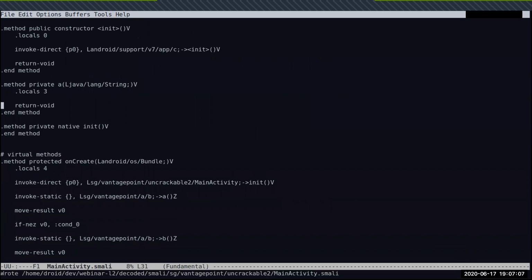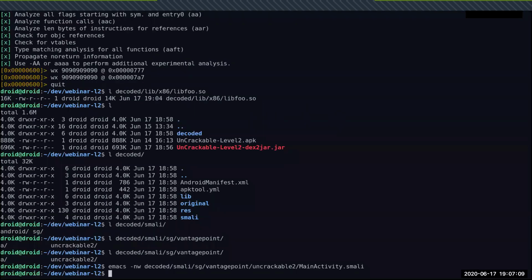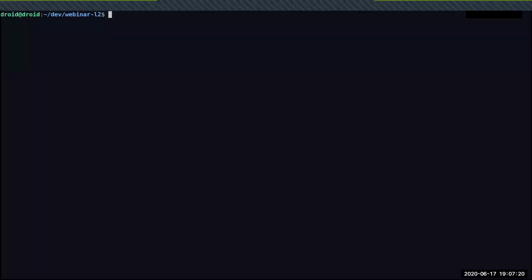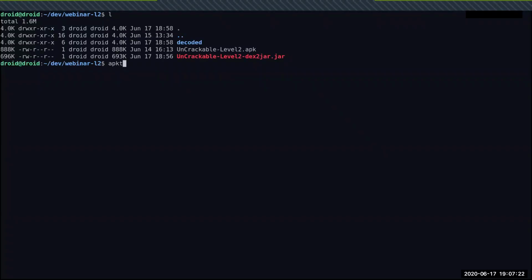Like this, save, exit. So at this moment we have a library patched, which will allow us to bypass the dialogs, and the application should be debuggable. Let's rebuild it with APK Tool. APK Tool, build, decode it. I'm going to put the debuggable option into the manifest,